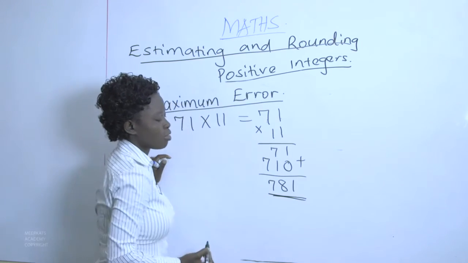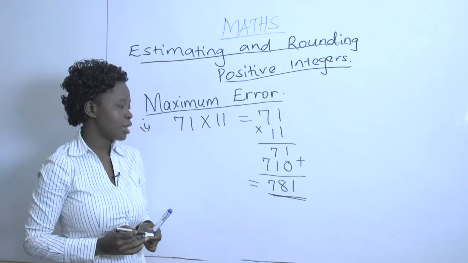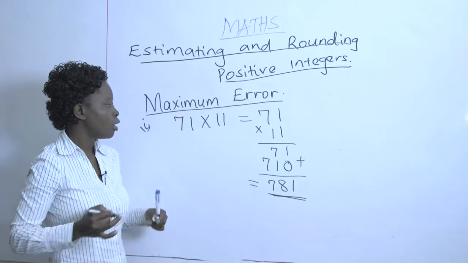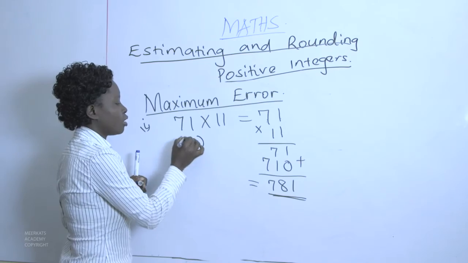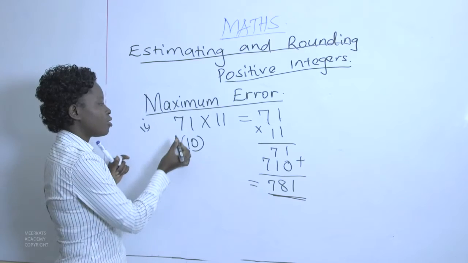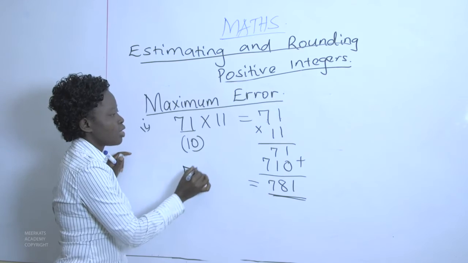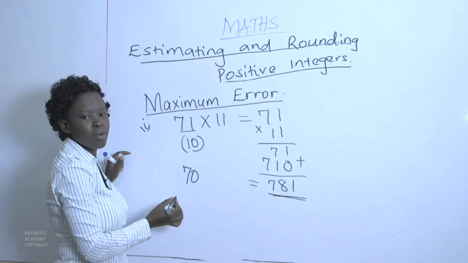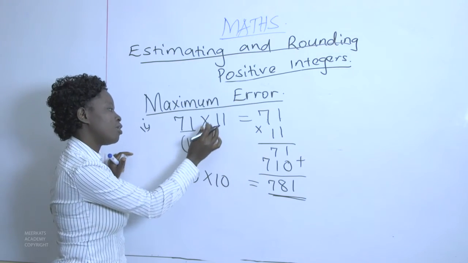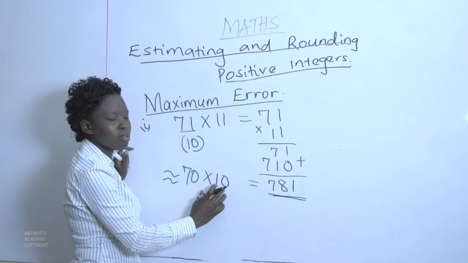So 71 times 11, in actual sense, is 781. But supposing I'm told to round my digits to the nearest 10. If I have to round my numbers to the nearest 10, then 71 to the nearest 10 will be 70. Then 11 to the nearest 10 will be 10. So my approximated figure will be 70 times 10, which